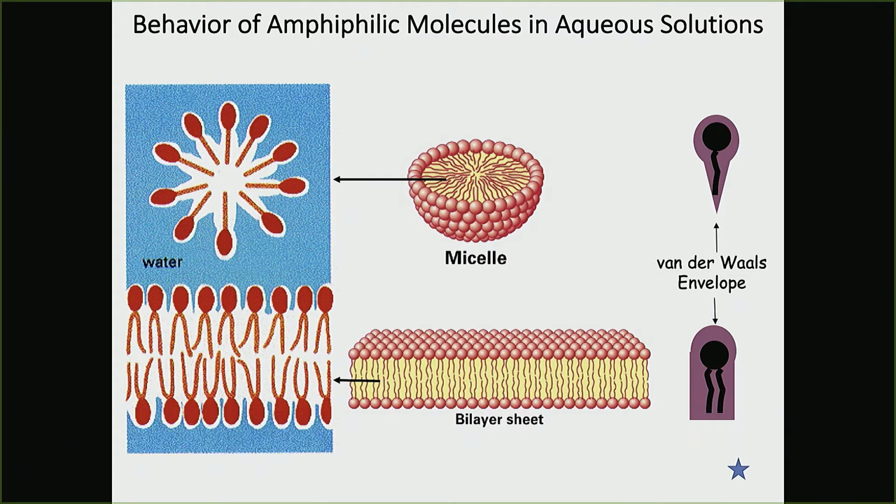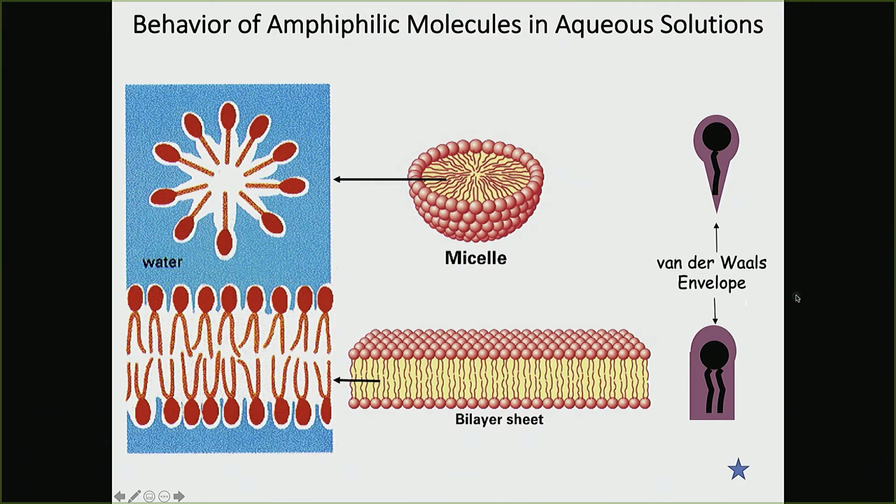The reason we can see why they chose this: if you take a lipid which has a polar group and just a single fatty acid tail, you make a van der Waals envelope or shape, a little bit conical at the bottom. If you have two of them, you make a kind of different shape with a van der